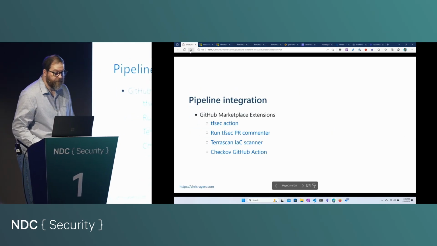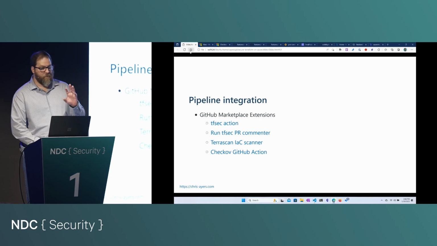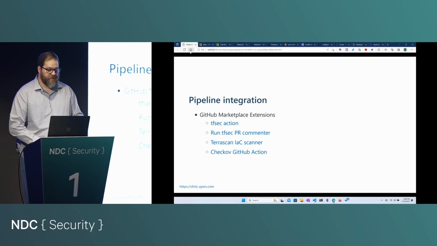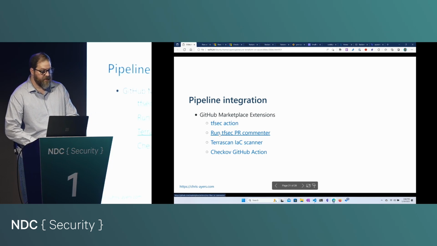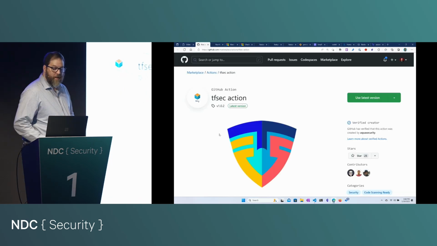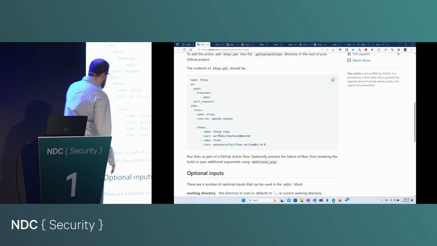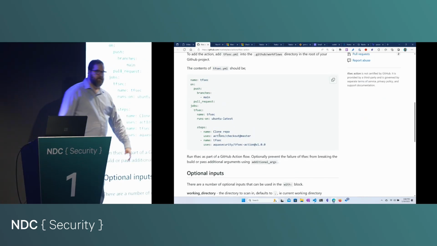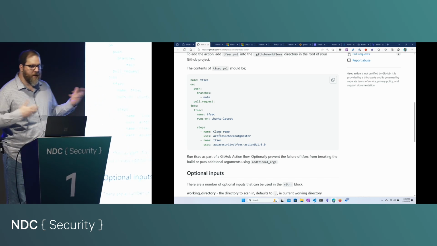Yep, there we go. All right, so pipeline integrations. Most of these are official actions. Some of them have some limitations, and I want to talk about those, and I've added some additional ones. So tfsec actually provides two extensions. One is the tfsec action right there, where you clone your repo and you run tfsec, and it'll run it against its predefined tools. And if it fails,